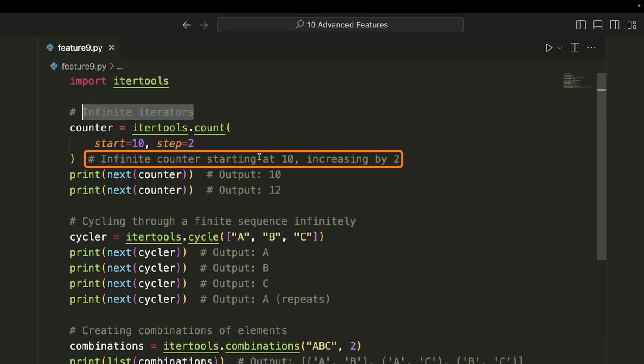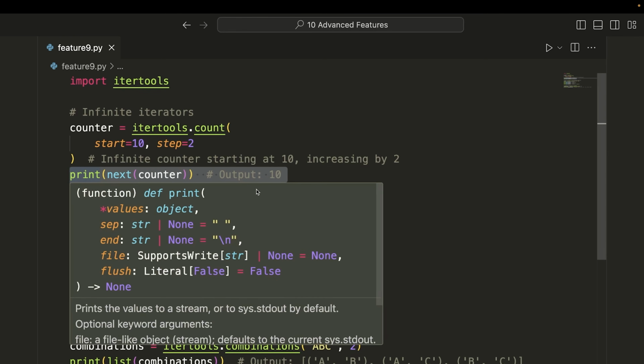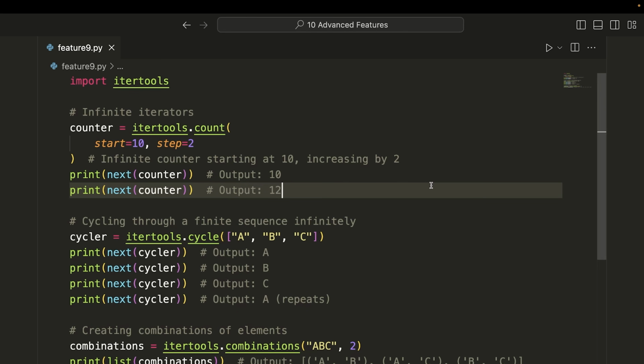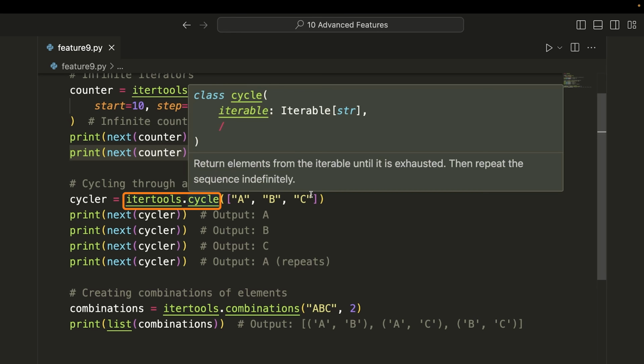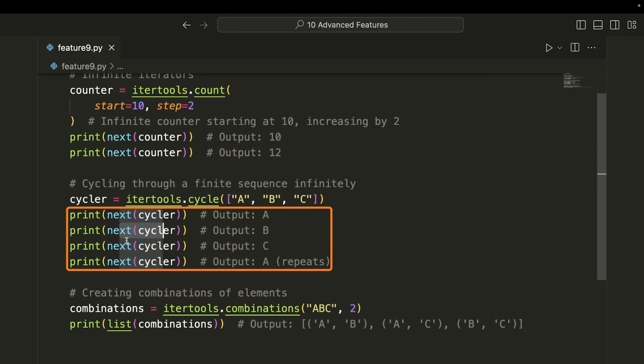So I have infinite counters starting at 10, increasing by 2, and now I can just use this iterator as many times as I want infinitely without ever having to stop it or tear it down. Next, I have something like cycling through a finite sequence. So I have Itertools.cycle, and then I have next, next, next, next, and I can just keep going and cycle